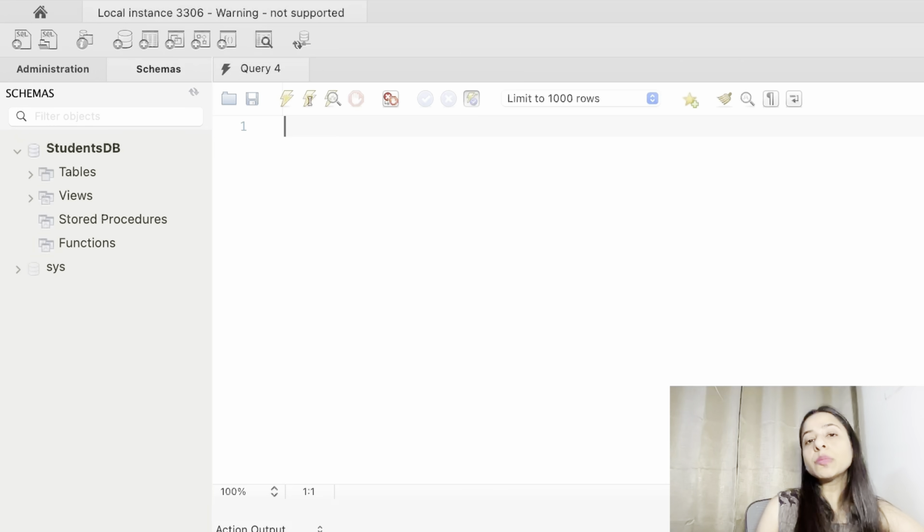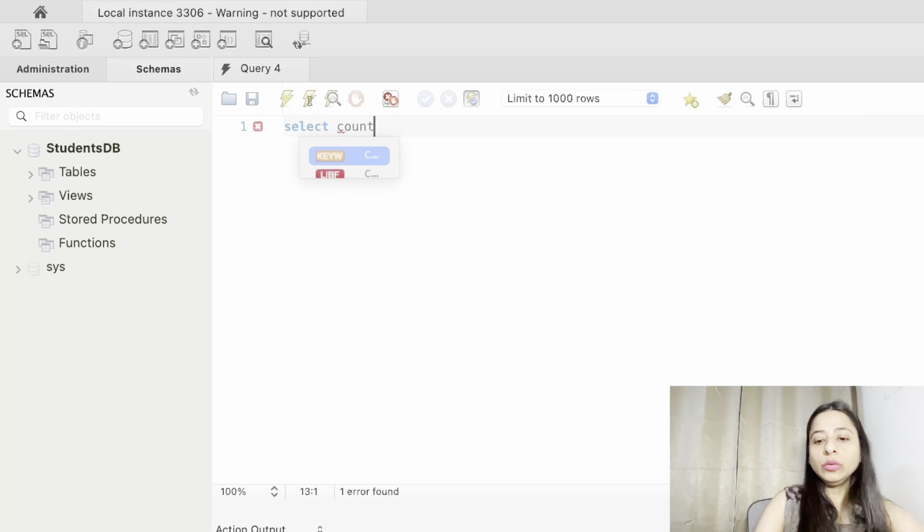Count is the most commonly used aggregate function in SQL. It helps us determine the number of rows or records in a table. Let's say we have a table called employees, and we want to see how many employees we have in the employees table. Let's simply use the count function like this: SELECT COUNT(*) FROM employees.